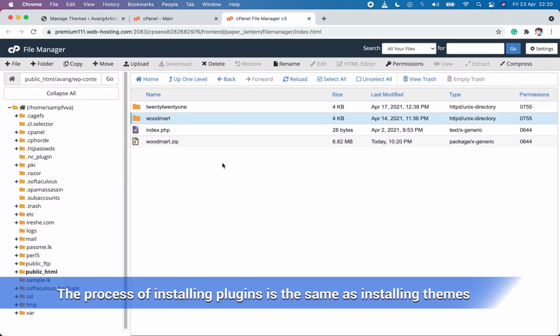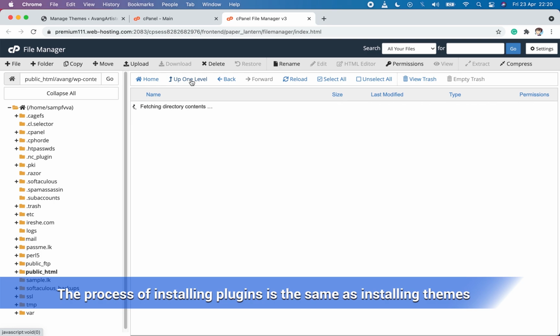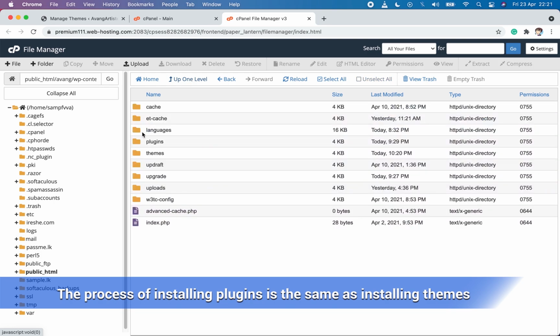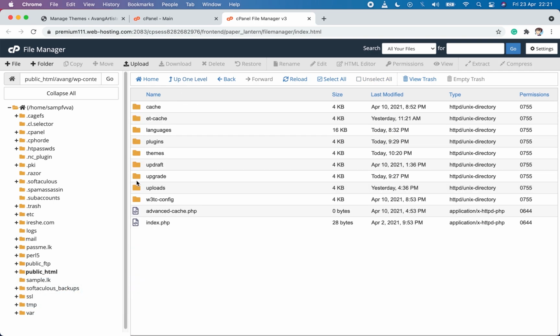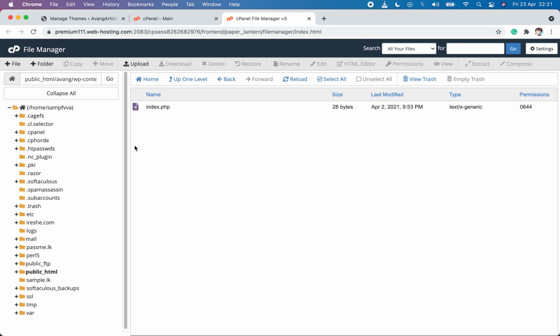To install a plugin using this method, you should follow the same procedure we used to install a theme. Double click on the wp-content folder and open the plugins folder. Click on the Upload button and upload the plugin file as a zip file.